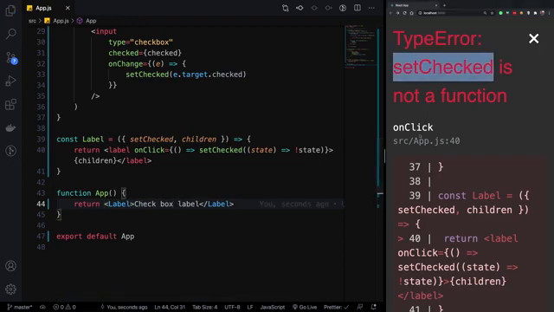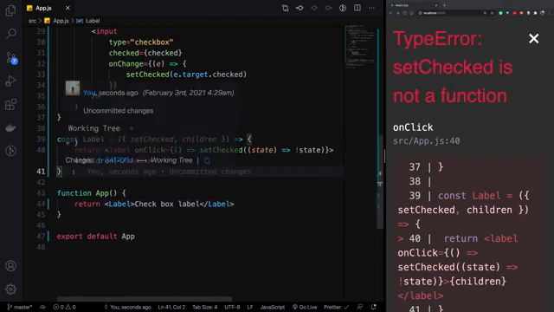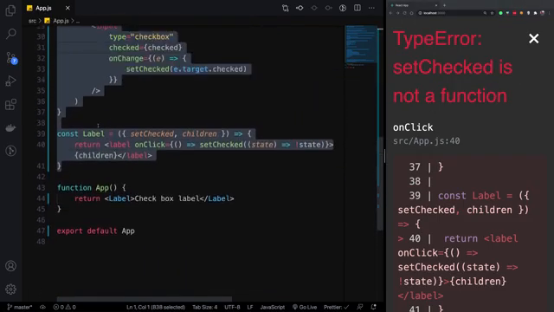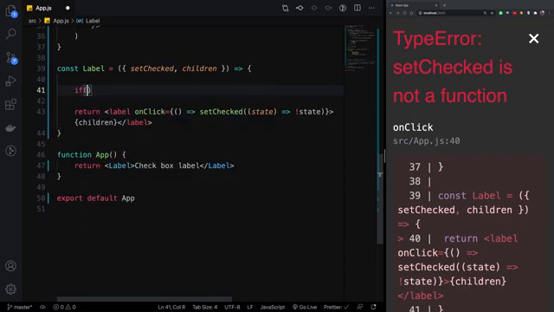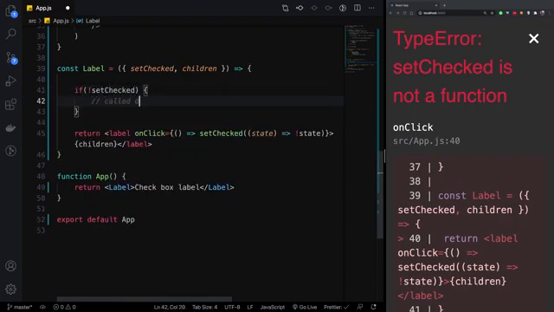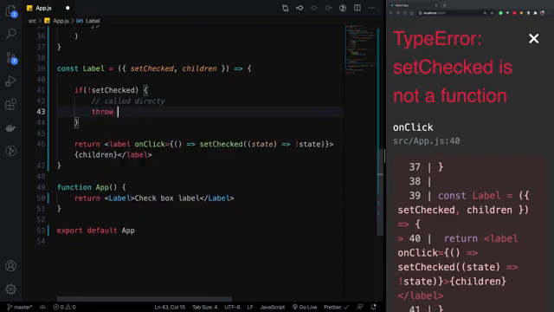But if you're creating, let's say, a library or something, this error is not helpful at all because you most likely will be importing this label component from some other library. So what you want to do is probably throw in a helper check. You can say if setChecked is not defined, that means it was called directly. So you can say throw new Error, label should be called from checkbox component,